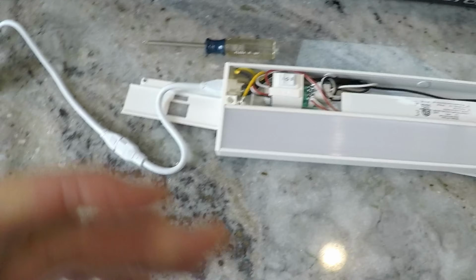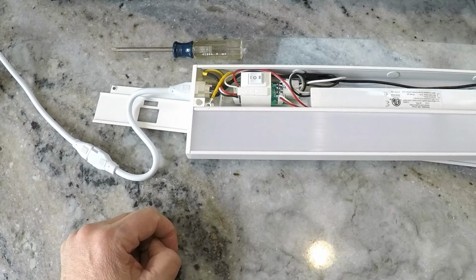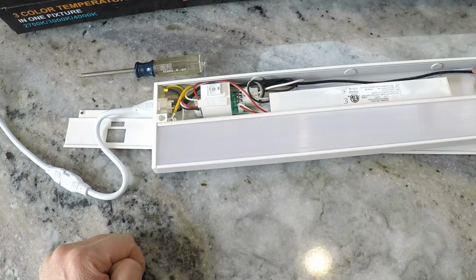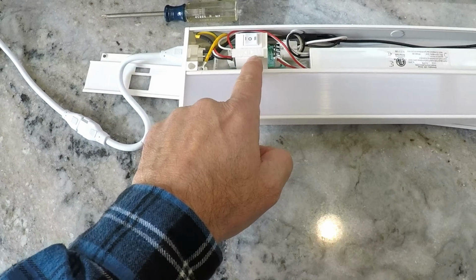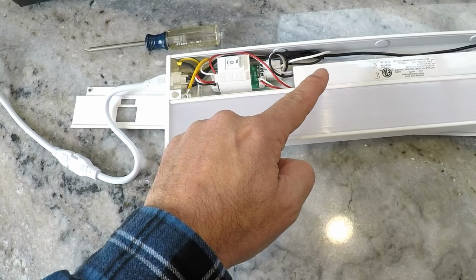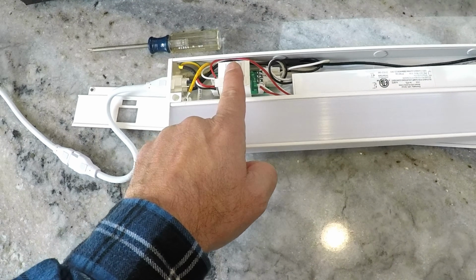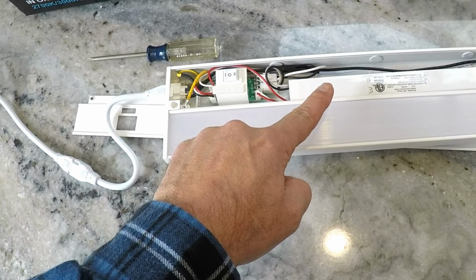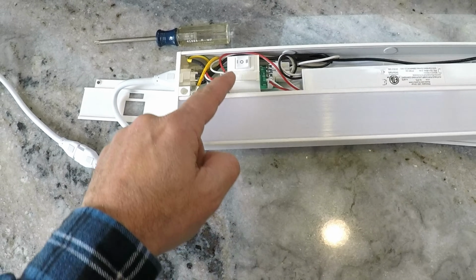So what I did was I just plugged in the fixture into an extension cord, and I want you to see these different settings that I was talking about, the different light settings. So this lever here will change between temperatures, 2700, 3000, and then 4000. And this button here just keeps it off, and then you have a normal setting, and then you have a bright setting to the right. So we're going to put this on the 2700 first, on the normal setting,